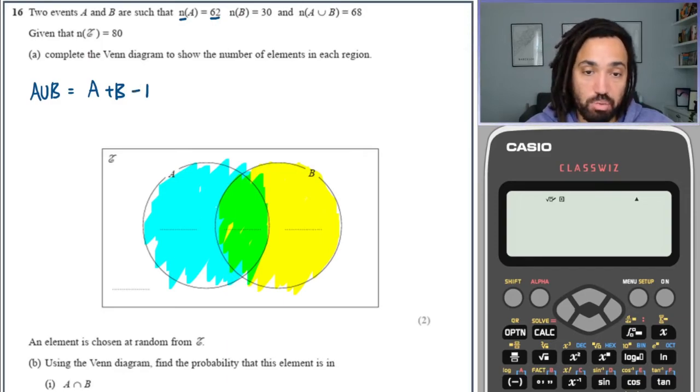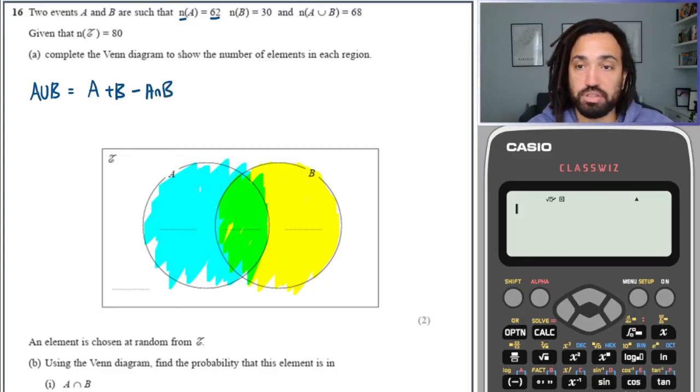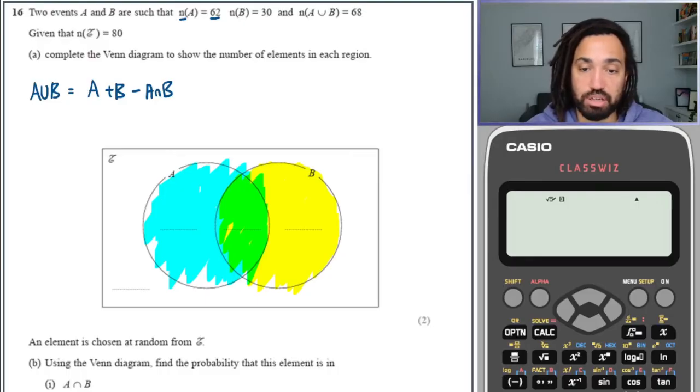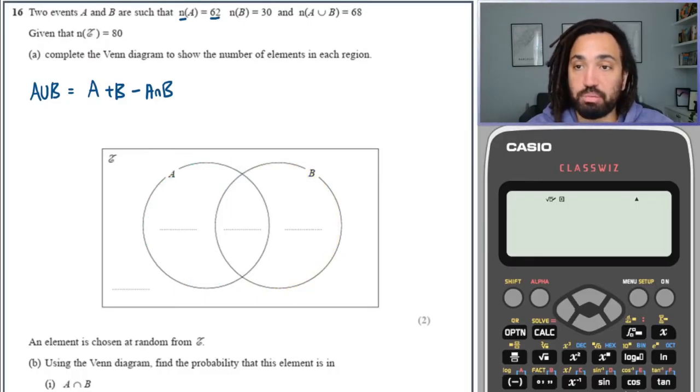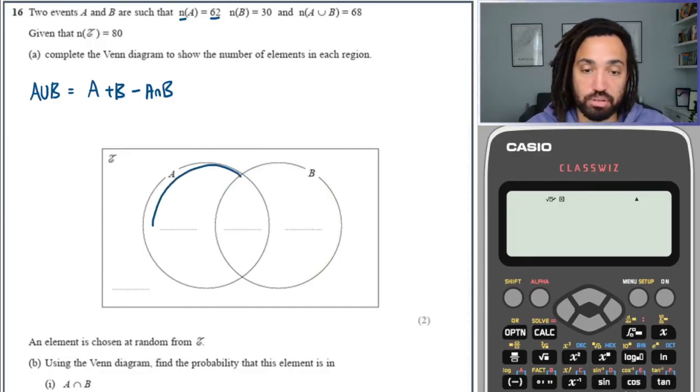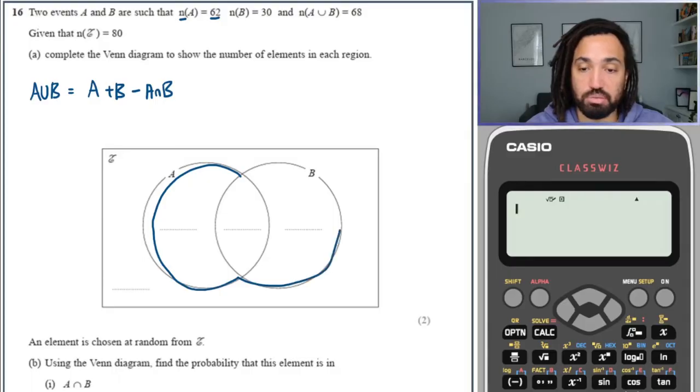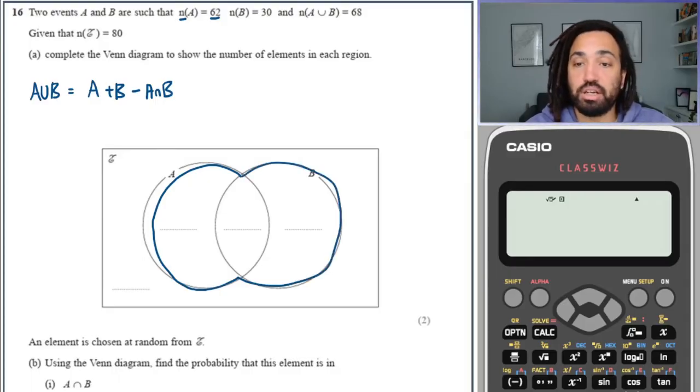Which means you need to take away one of the middle parts, like so, and that will give you the union, because if you take away this green part here, or if you take away one of them, then you end up with having the whole Venn diagram filled perfectly once and once only. Okay,